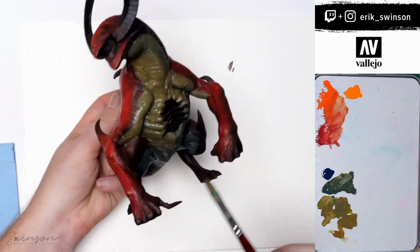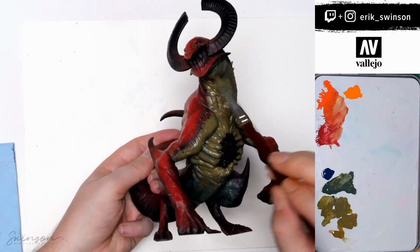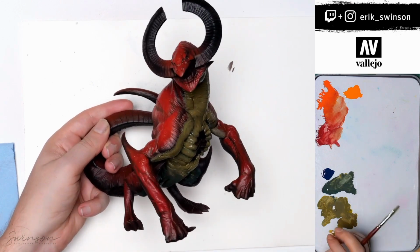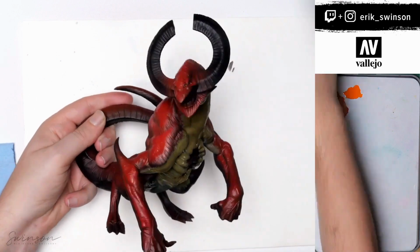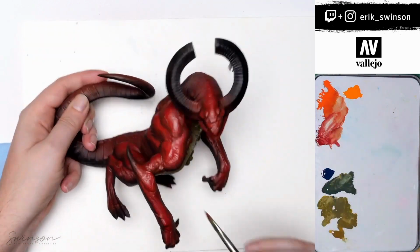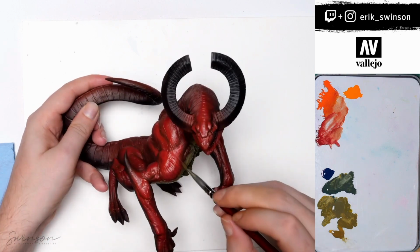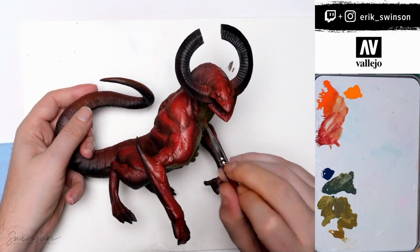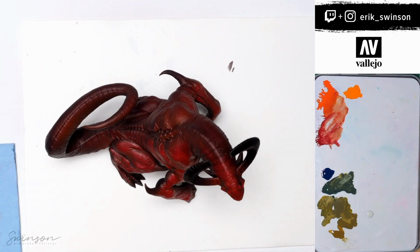The English uniform has a bit of yellow in it, but it is still kind of a khaki sort of color. It just helps add even more warmth to the light areas of the white, what will eventually be a very white looking flesh. So here I've grabbed some of the red and I'm going to just clean up a bit of the area, get a solid line between the white underbelly